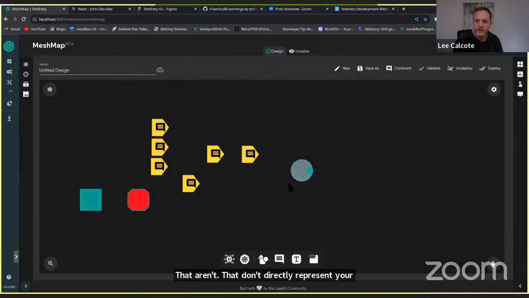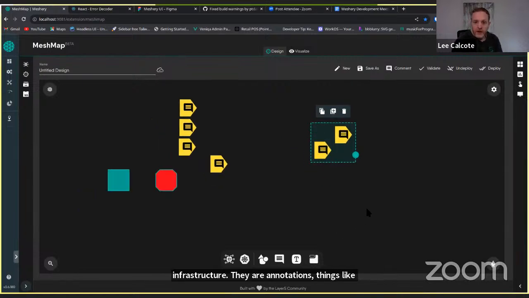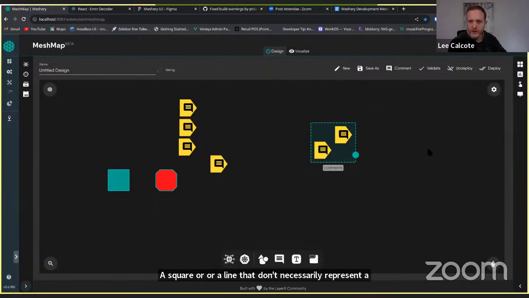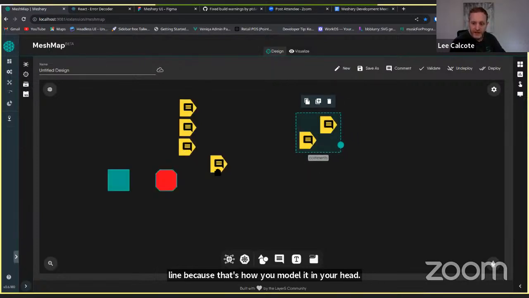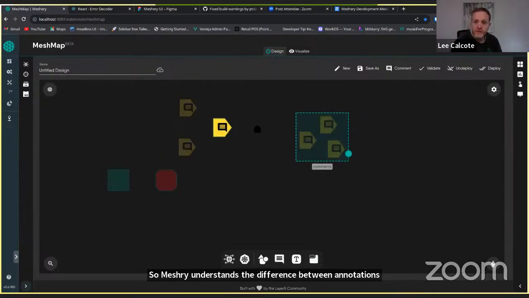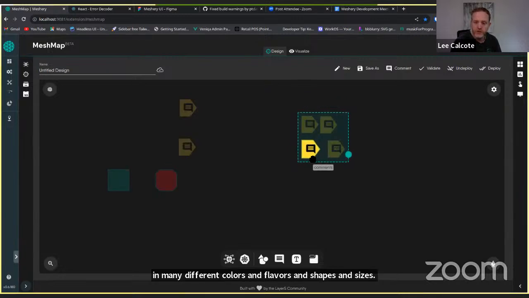They are annotations, things like a square or a line, that don't necessarily represent a network connection, but just a line because you wanted to have a line, because that's how you model it in your head. So Meshery understands the difference between annotations in many different colors and flavors and shapes and sizes, and infrastructure components.